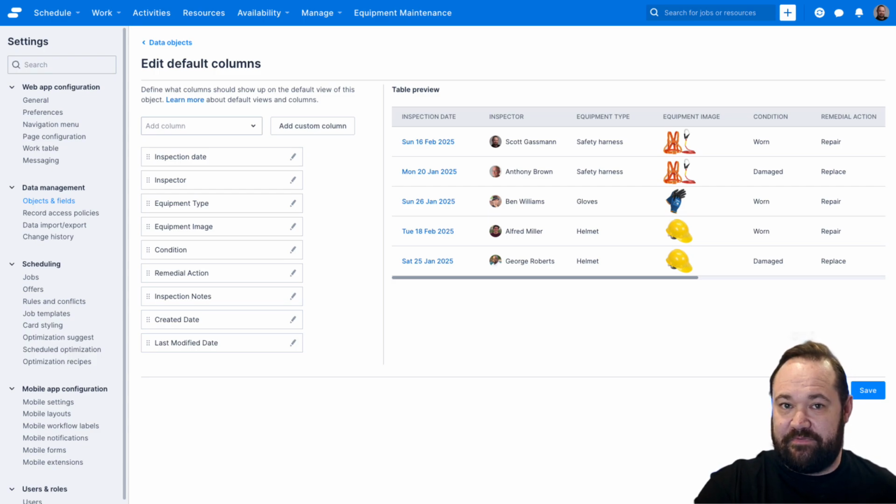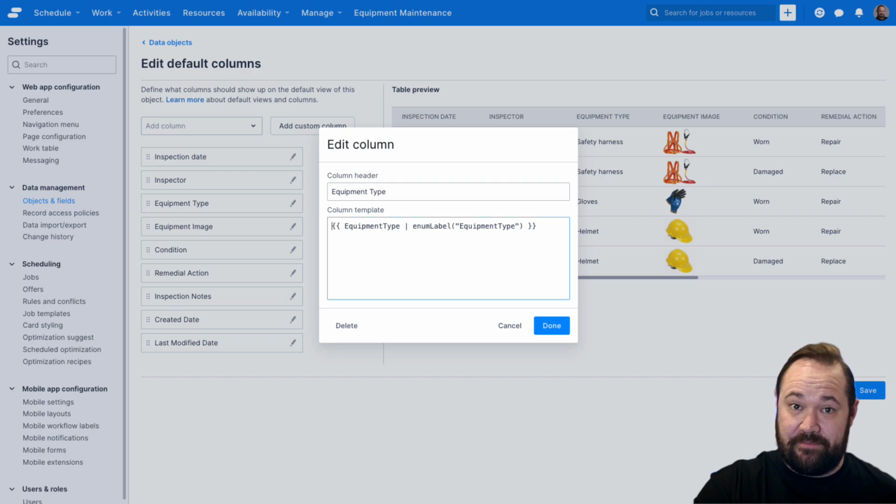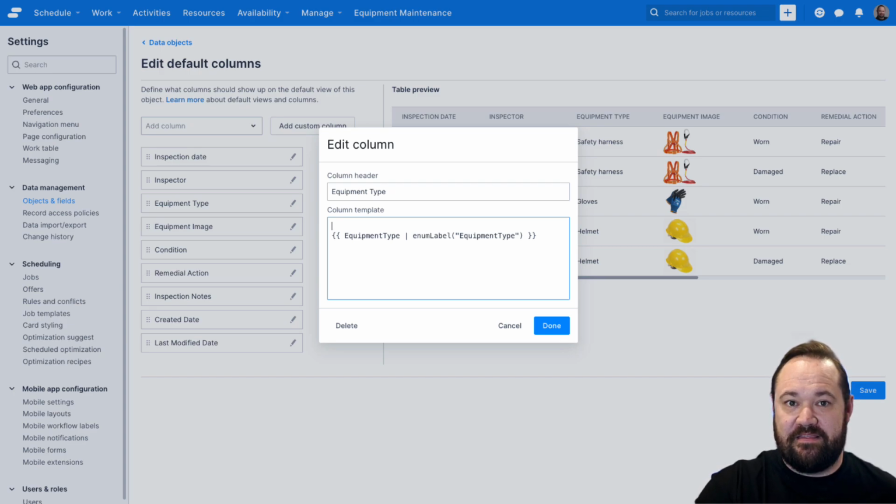Now let's take that a step further and improve the visual styling of our picklist values. Lozenges are a Breeze UI component designed to make important values stand out. They wrap text inside a styled pill-shaped element, making them more noticeable in the list view. To apply a lozenge, we wrap the field inside